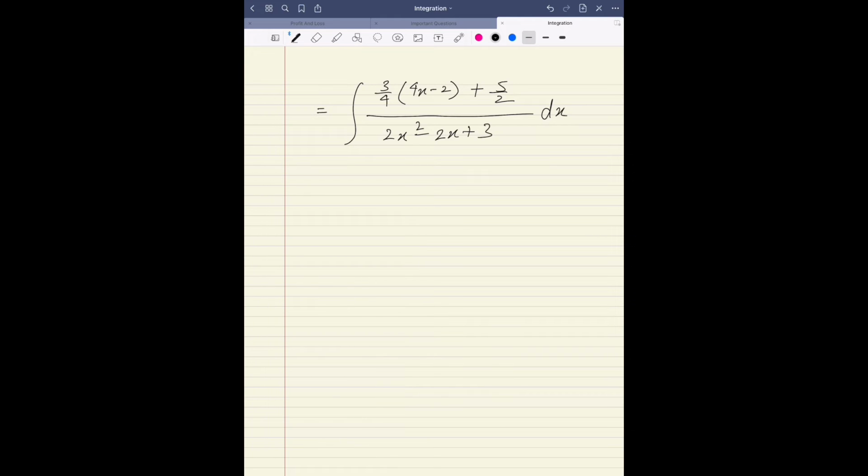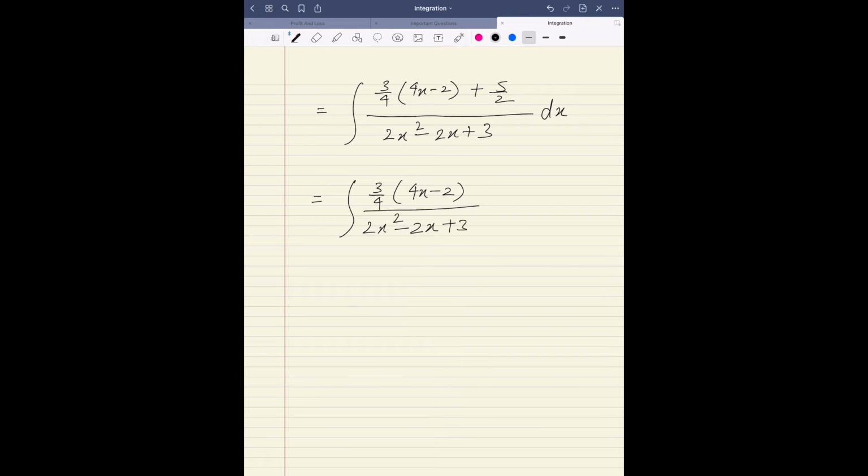Now when I say split division means let's call this term a, let's call this b, and let's call this c. So we can write this as A by C plus B by C. This is called split division. Split division means separate the numerators with the common denominator. So we will get 3 by 4, 4x minus 2 divided by 2x square minus